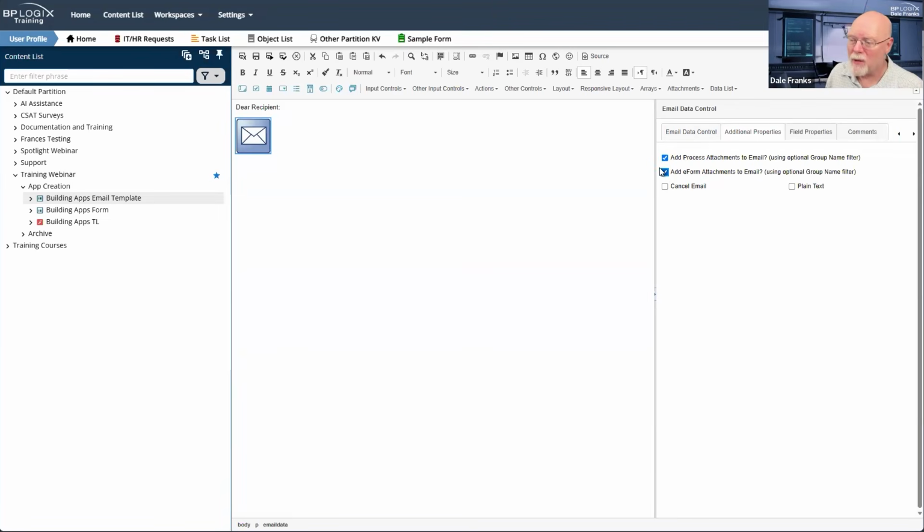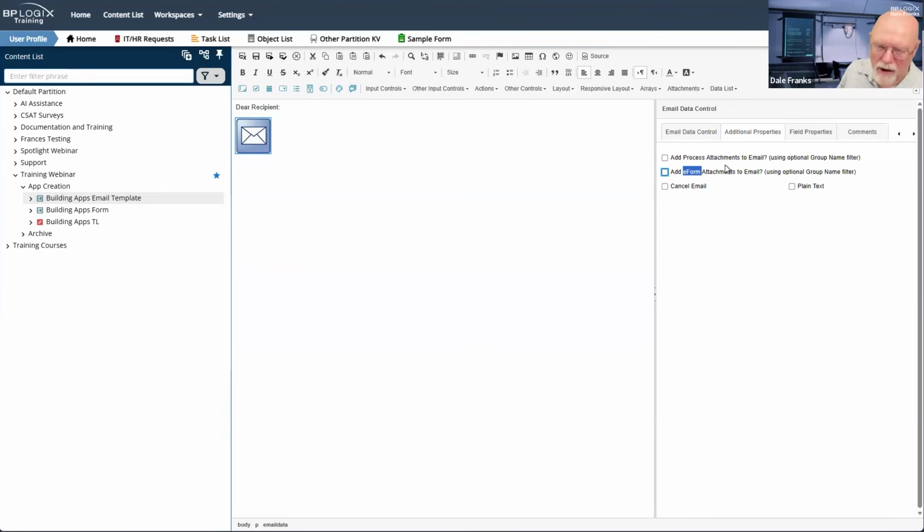So you'd rarely click add eForm attachments to email. And I can't believe that still says eForm, but here we are in 2026, it still says it. You have the option of attaching to both the process and the form. Our recommendation is always that you attach to the process.